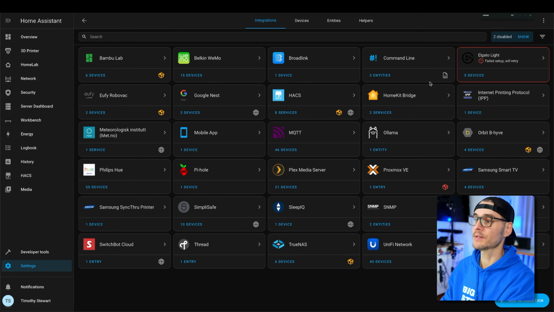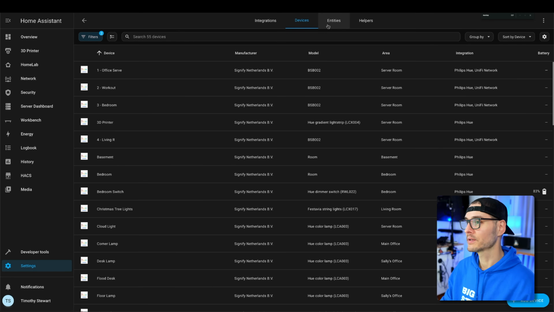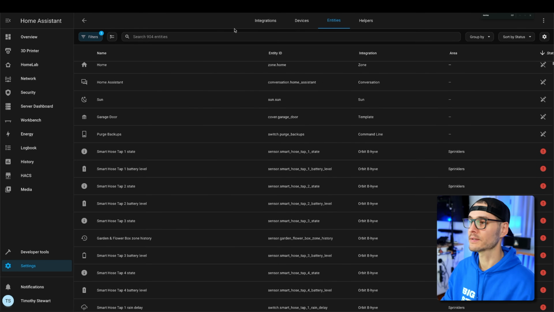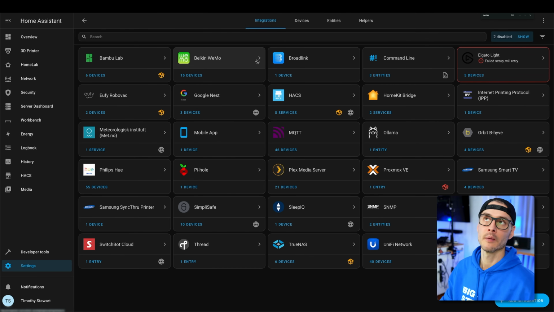You can see a list of services that I have configured here and some of the entities that I have configured. And then from here, you can see quite a few devices that are connected. So my goal is to connect everything to Home Assistant. And then if I need to do things downstream from there, I will. What do I mean by that?